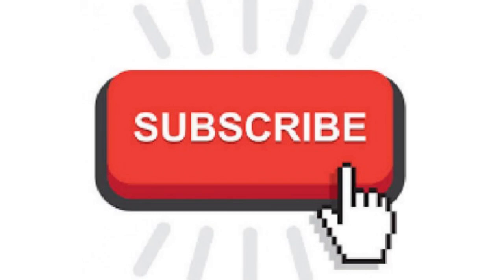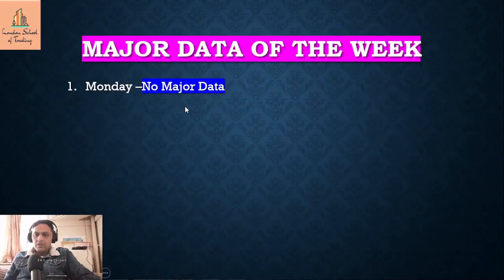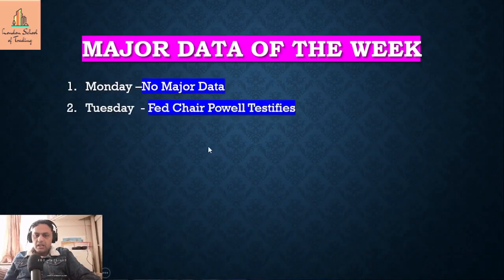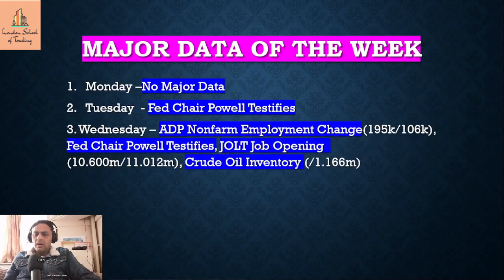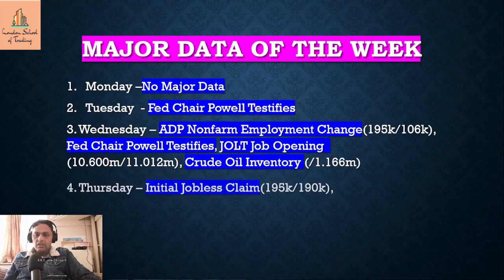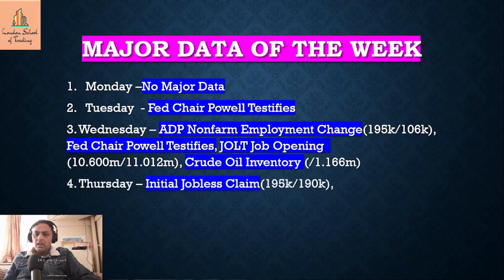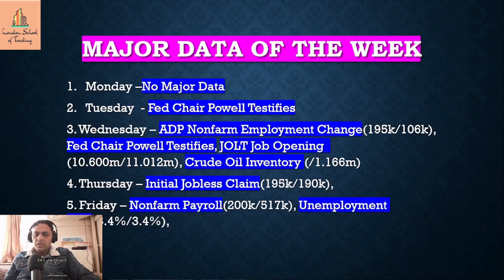So on Monday there is no major data. On Tuesday, Fed Chair Powell testifies. Wednesday, ADP non-farm employment change, Fed Chair Powell testifies and crude oil inventory. Thursday, initial jobless claims, and on Friday there are two data: non-farm payroll and employment rate. So these are the data, and out of this data, Fed Chair Powell testifies, that is the major